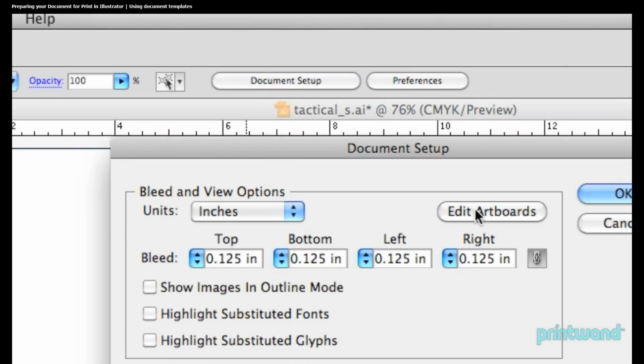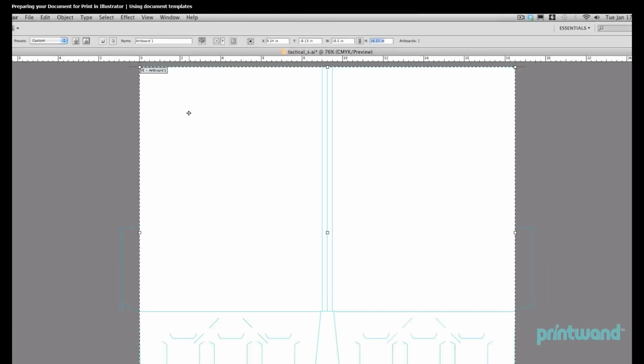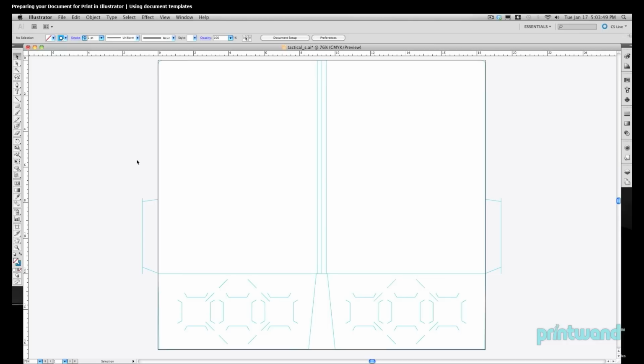And we're going to want to hit the Edit Artboards button in the top right of that menu. So we notice here what comes up is a document size of 18½ inches by 16¼ inches. And that's narrower than our template, but that's because of those tabs. So let's hit Escape, and we're going to exit out of our Document Setup view, but we'll continue checking out